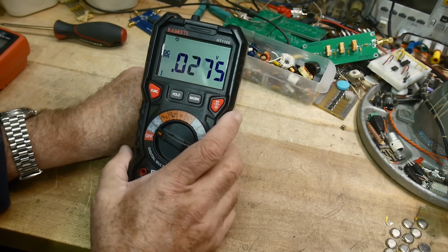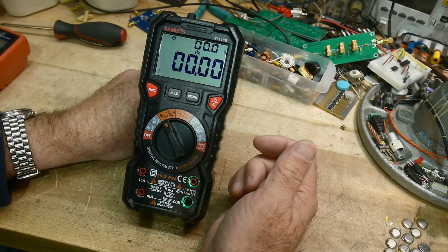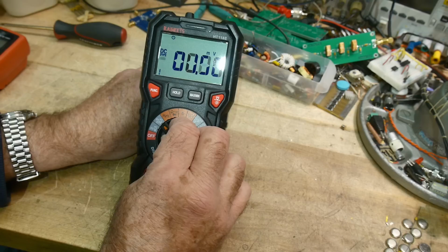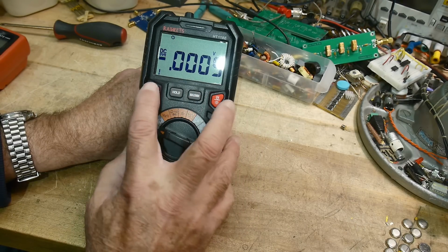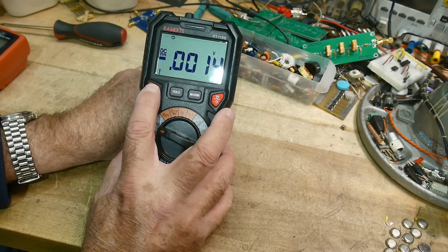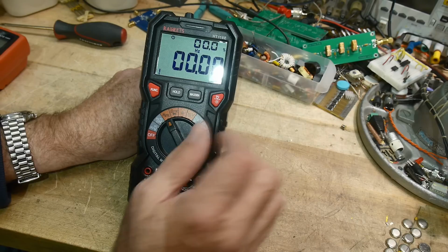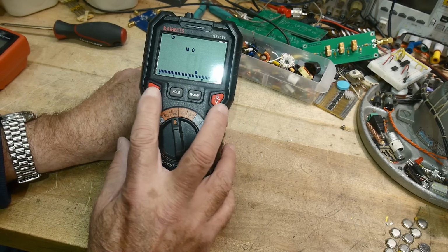And there we go. Nice big display, big chunky letters. It is a dual display for some functions. So let's look at each thing. For AC volts, oh, this is DC and AC, I think. DC, yeah, DC, AC. Oh, when you go to AC, it says hertz as well. Okay. Millivolts is the same way. Hertz gives you frequency and percent duty cycle. We have